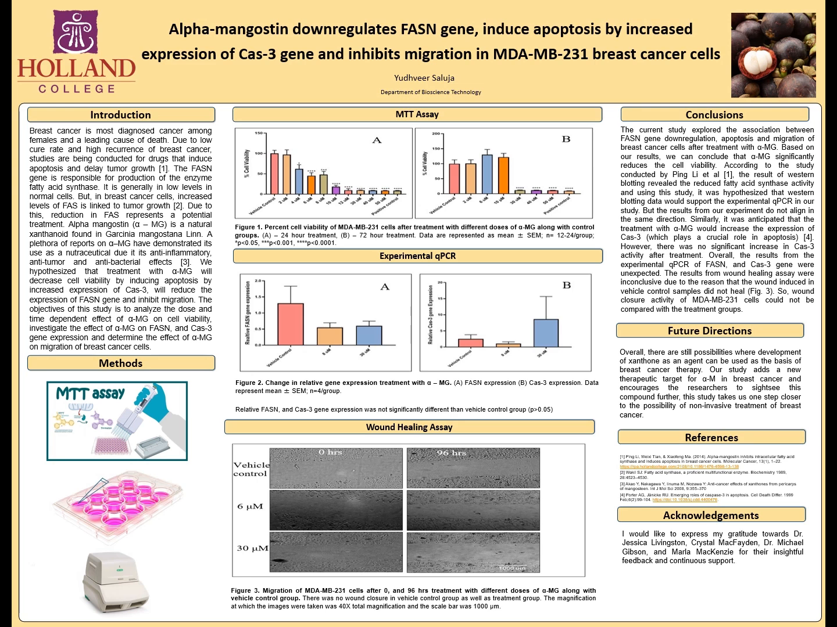Hi everyone, I am Yudhveer Saluja and this is my independent research. The topic is alpha-mangostin downregulates FASN gene, induces apoptosis by increased expression of Cas3 gene, and inhibits migration in MDA-MB231